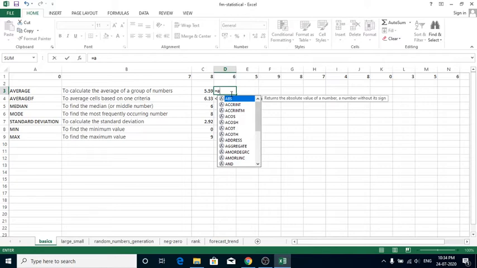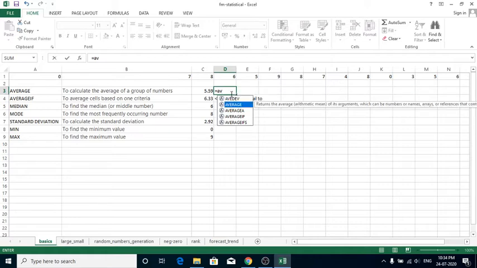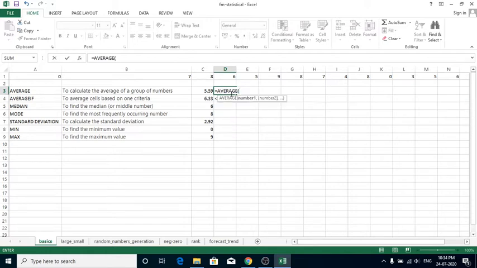We have to use AVERAGE, right? So I am typing V also. Here we have the functions starting with AV. From this I am selecting the AVERAGE function using the down arrow key, and I am pressing the Tab key. It automatically opens till the open bracket.